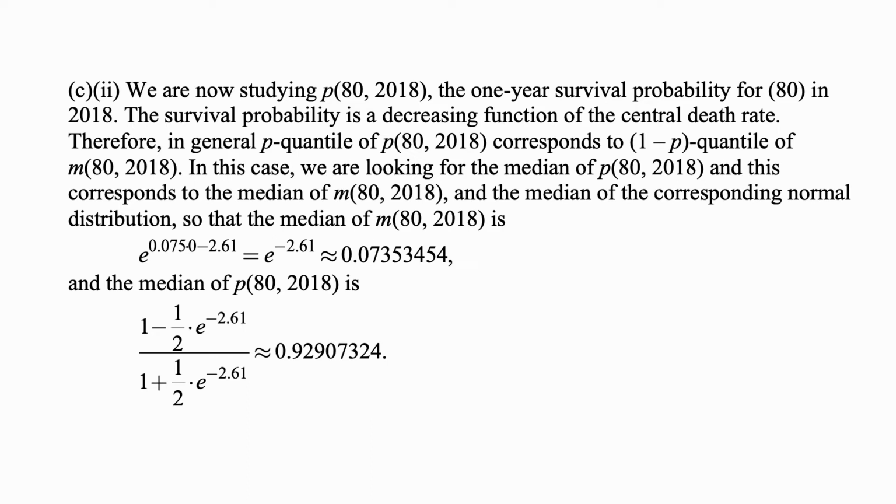So whatever quantile we're talking about for P of 80 2018 corresponds to 1 minus that quantile of M of 80 2018. In this case, we're looking for the median